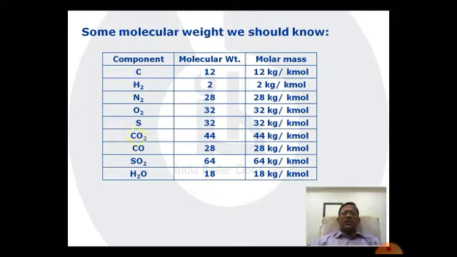Now, other things like CO2, CO, SO2, H2O, you can always calculate in terms of C plus O2 gives CO2. Therefore 12 plus 32, 44 will be the molecular weight of CO2, and the molar mass will be the molecular weight in kg. You see this important relationship: the molecular weight is 12, the molar mass is 12 kg per kilomole. The molecular weight is 2 for hydrogen, the molar mass is 2 kg per kilomole. So this tells you the relationship between mass and number of molecules, because 1 kilomole is a particular specific number